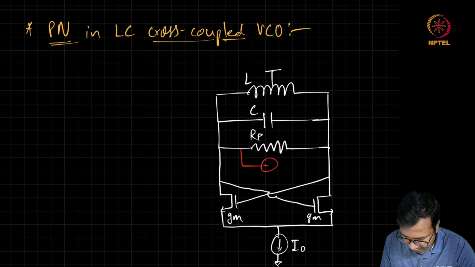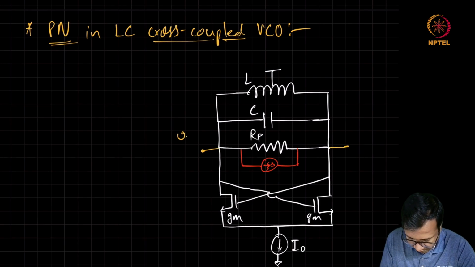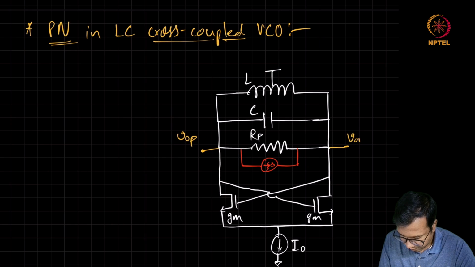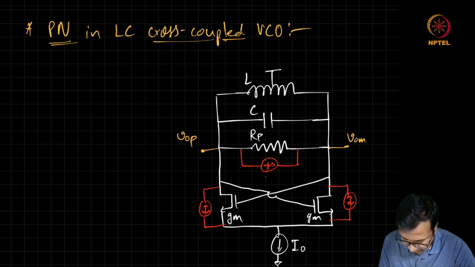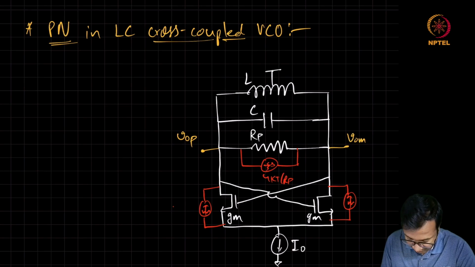So RP is adding current noise in parallel. These two transconductors also adding some current noise. So this is 4 kT by RP. So this current noise, let's say, has PSD of